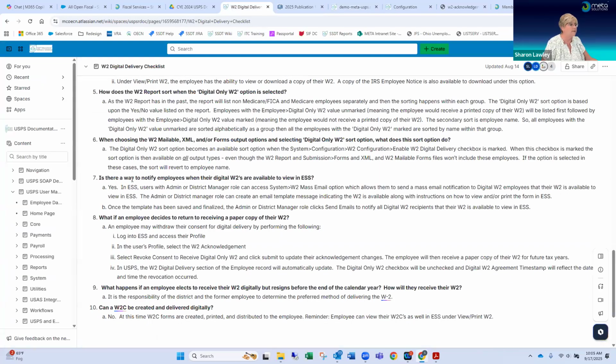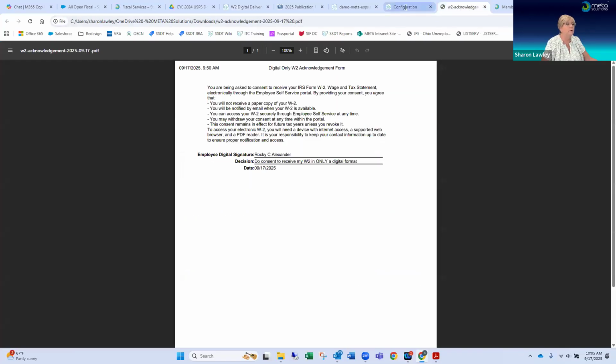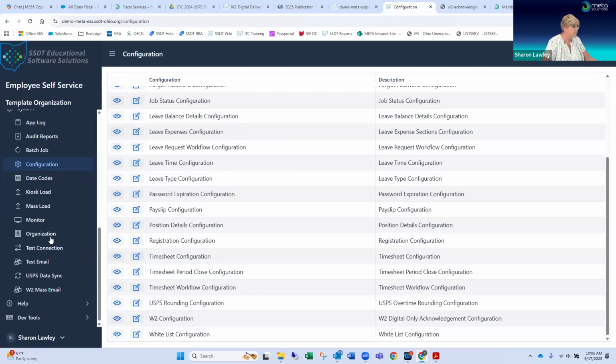Is there a way to notify employees when the digital W-2s are available to view in the ESS system? Yes, there is. This is a new option that was just recently added. The district manager role can send a mass email. If we go to the configuration, and again, it has to have a district manager role to be able to see this, there's a W-2 mass email. If I click on this,